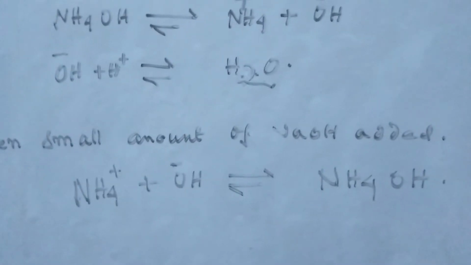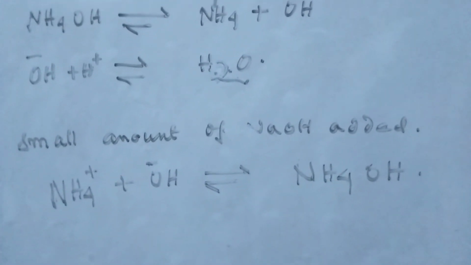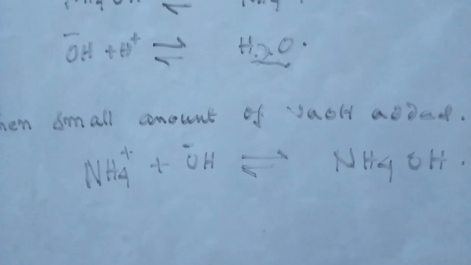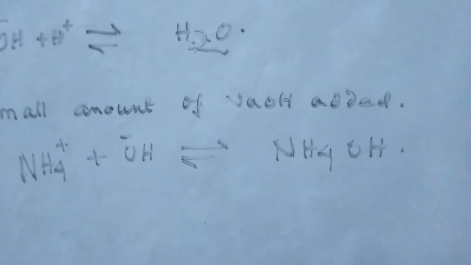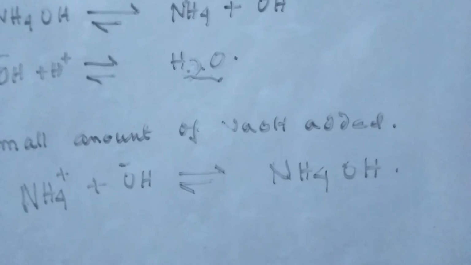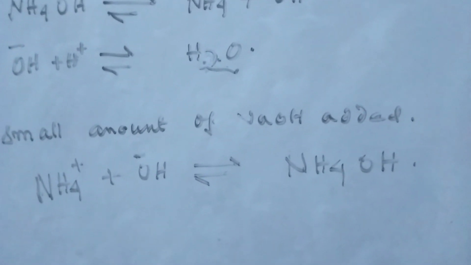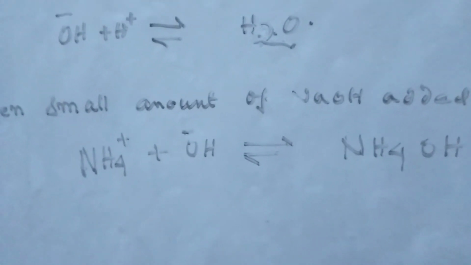When a small amount of sodium hydroxide is added, the excess amount of OH- ion combines with the available NH4+ ion in the solution and produces undissociated NH4OH, and so the addition of OH- also does not change the pH. The pH is preserved here by the